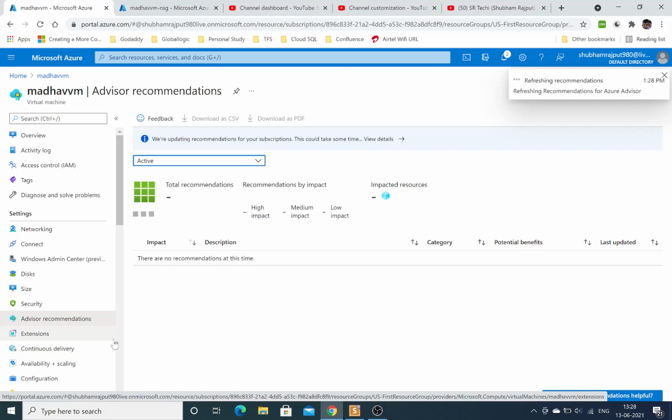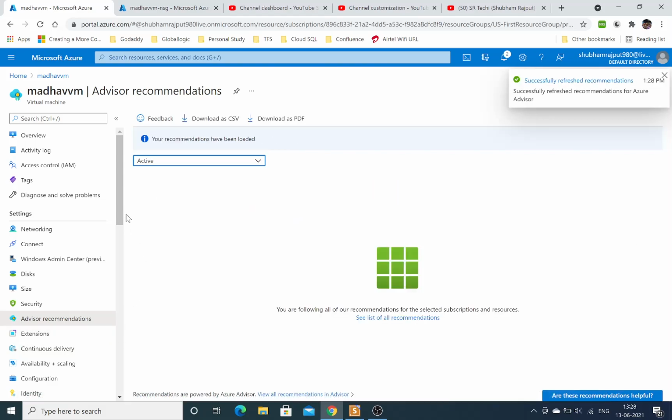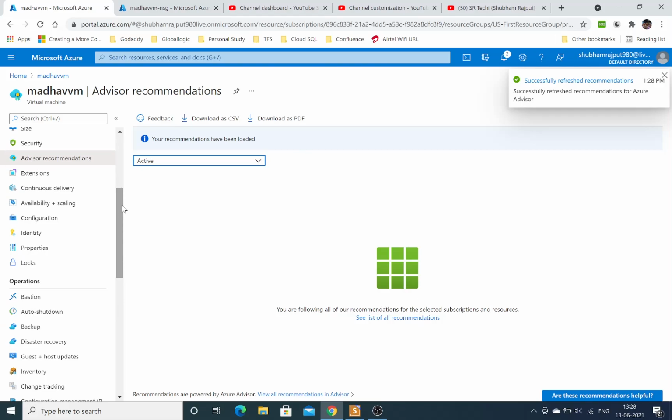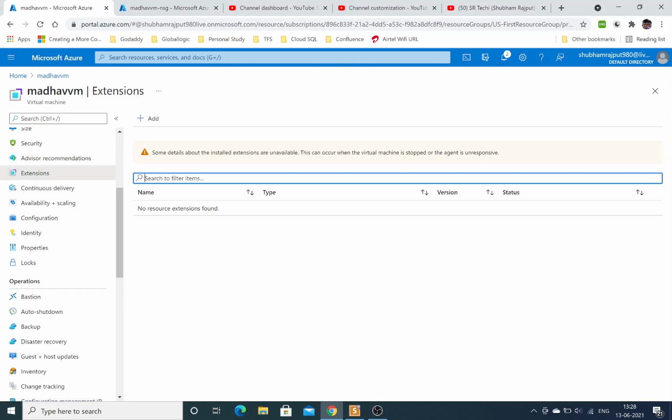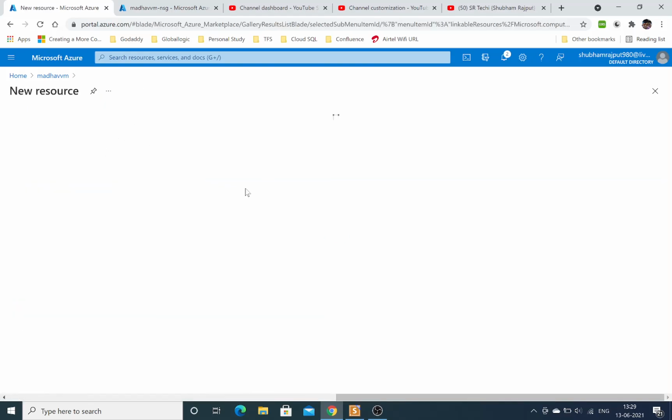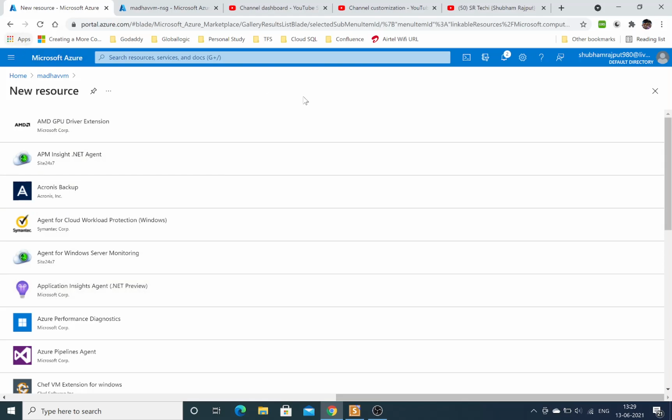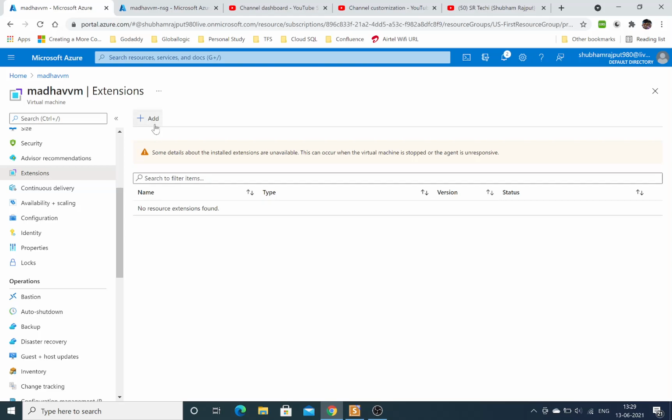Advisor recommendations are also there, which are provided by Microsoft. Extensions: when you create the virtual machine, there was an option for extensions. If you added them, they are already installed. If you didn't, you can add the extension from here also. You just choose it and it will be installed automatically at the time of reboot.